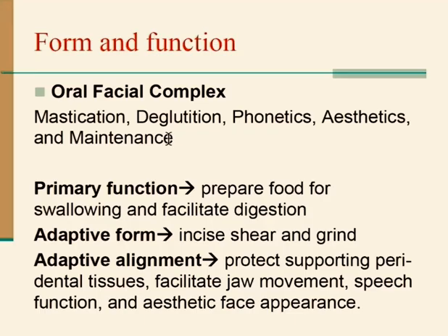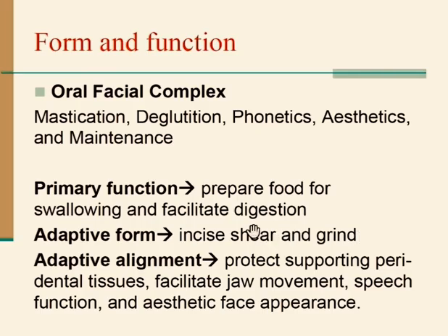Okay, we will need to know that the primary function of teeth is to prepare the food for easier swallowing and digestion, okay, to transfer the food to the GI system. This is a primary function. Now what we have is the adaptive form and the adaptive alignment. The different types of teeth with their respective forms are adapted to incise, to shear, and to grind according to the form or the morphology of the tooth, and they have proper form and proper alignment that helps to protect the